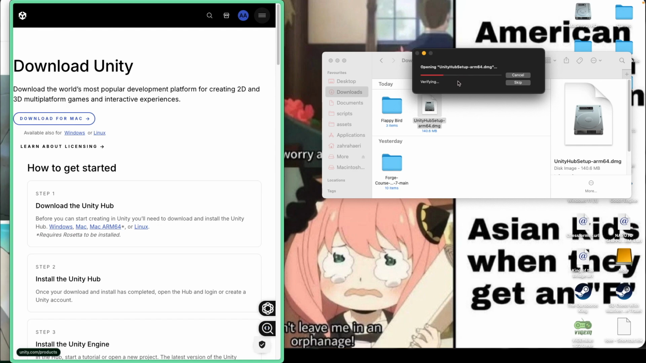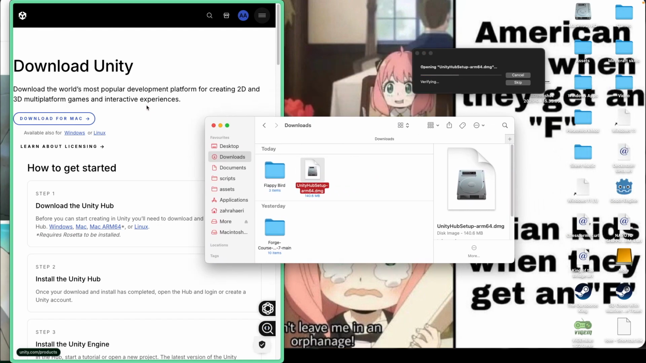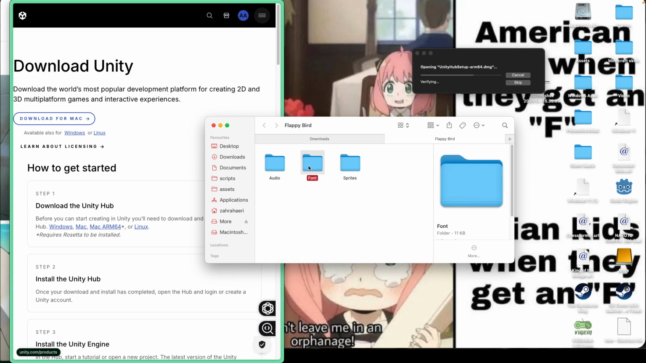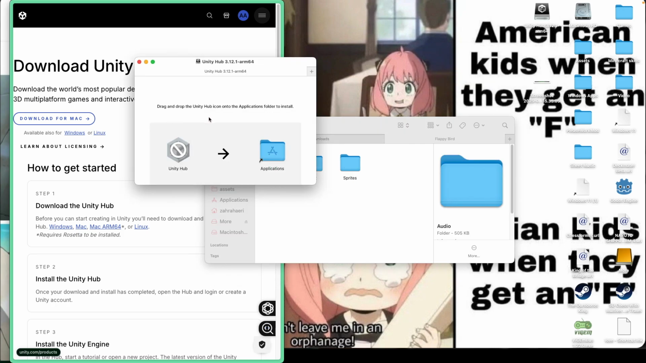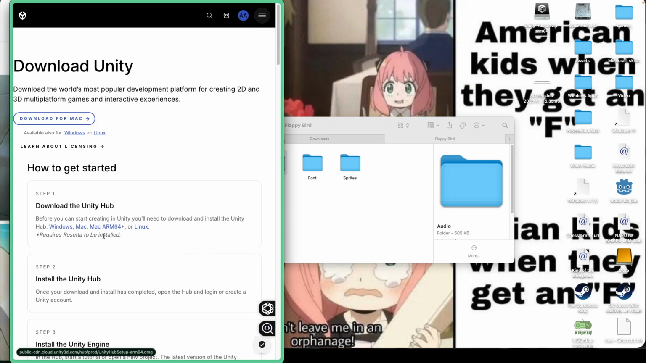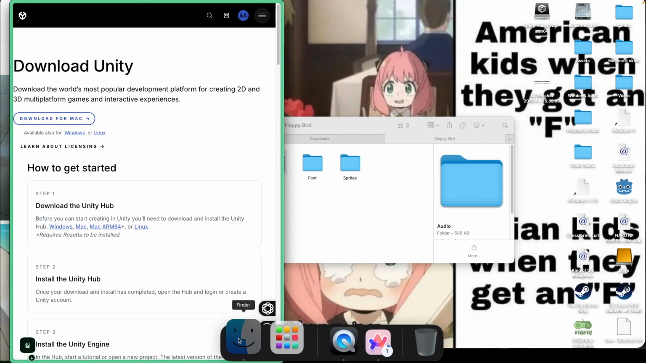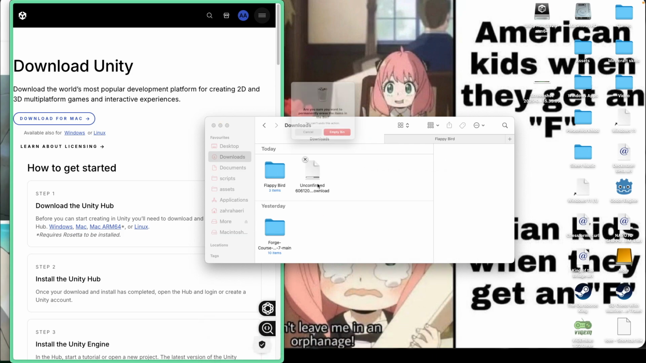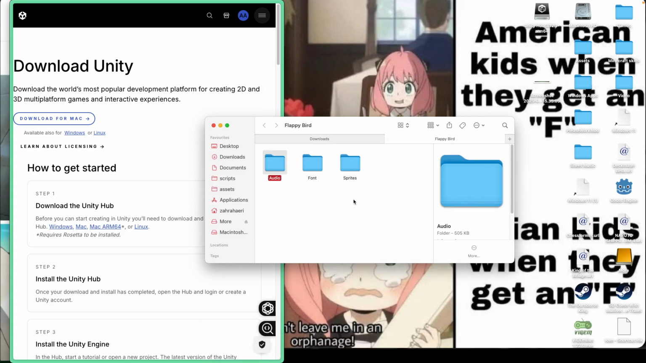Anyways, you have to just wait for it to install, and meanwhile you're waiting, you might as well just go to the link in the description, at which point you'll find this folder called Flappy Bird. This is going to be all the sprites that we're going to have, as well as font and audio. Anyways, yeah, it has everything that you need inside of it, and so we're gonna have to drag these folders